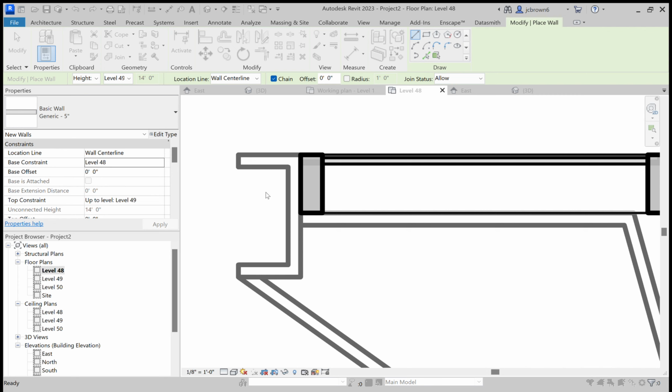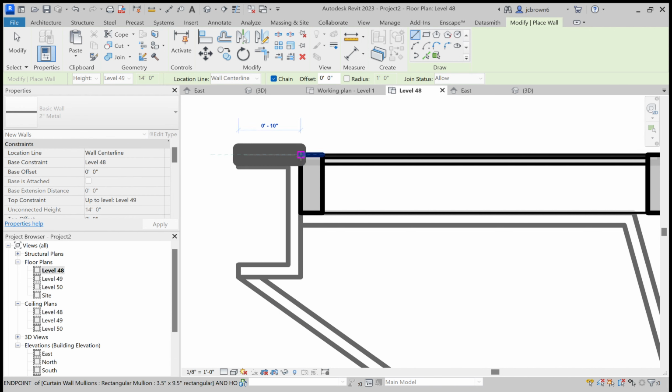And then we'll make this 2 inches thick, and we'll hit OK. So now we have a 2-inch thick steel metal wall that we'll then be able to create. So once you start here, you can always change. It's going to by default connect to the wall center line, but if you want it to connect to the finish exterior, you can do here, and it's going to align directly with your